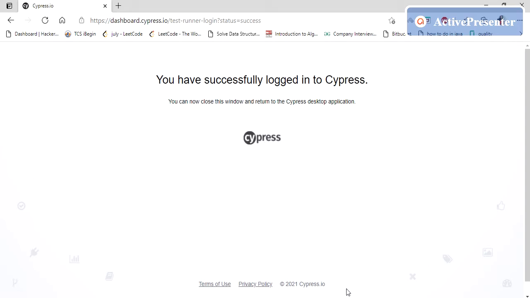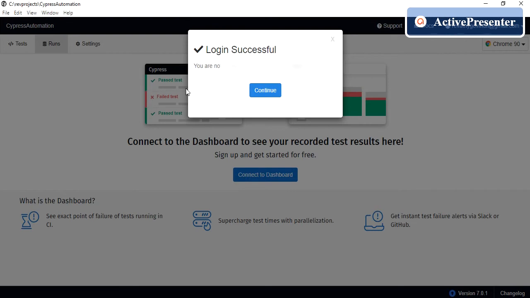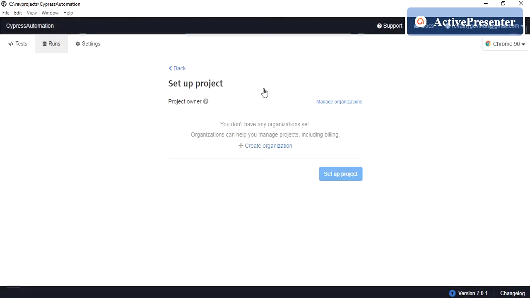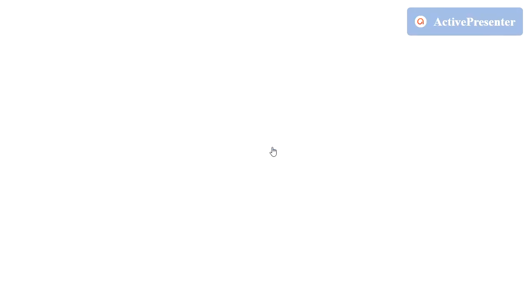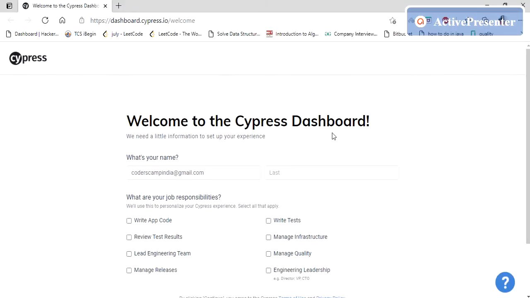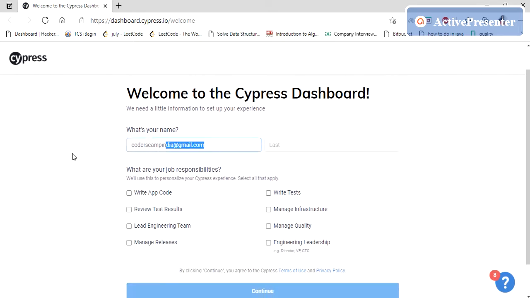Now go to your test runner. You will see the same message again here that I have logged in with the email ID I have provided. So click on continue. You'll get to see this screen. Here you click on the link create organization, so that you'll be moved to the Cypress dashboard screen where you have to give your name